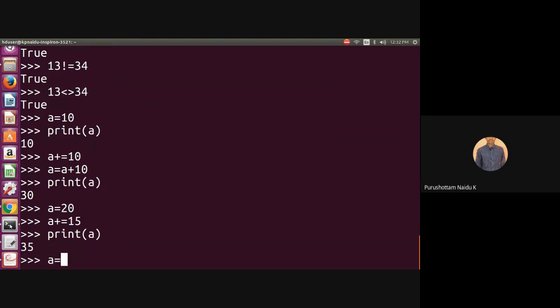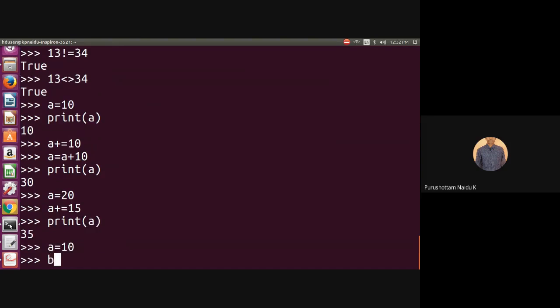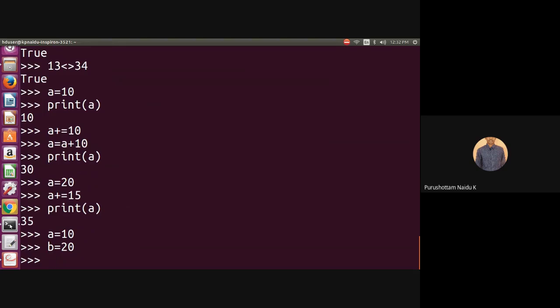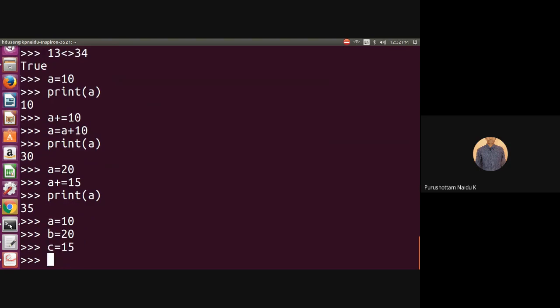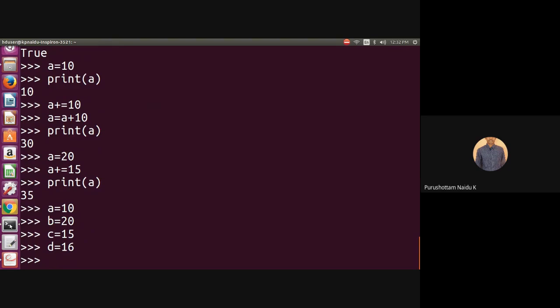Let me assign a equals 10, b equals 20, c equals 15, and d equals 60. I am defining a less than b and c greater than d.